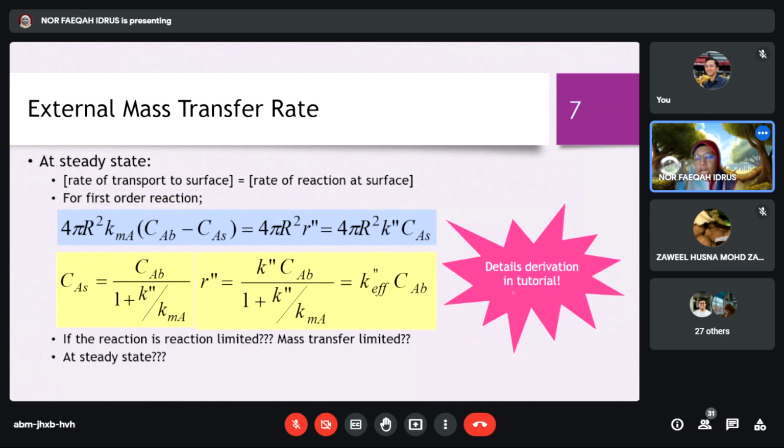Okay, so we need to look at the rate constant and mass transfer coefficient. If the reaction is reaction limited, it means the mass transfer coefficient is much larger than the rate coefficient, K. KMA much larger than K. This is when the reaction is reaction limited. So KMA much larger than this K. So if you look at the denominator,